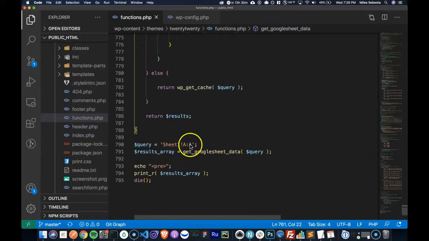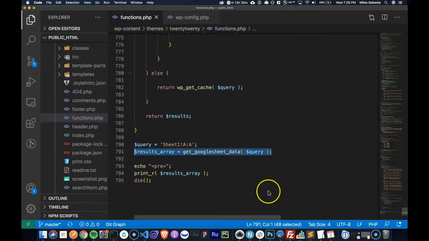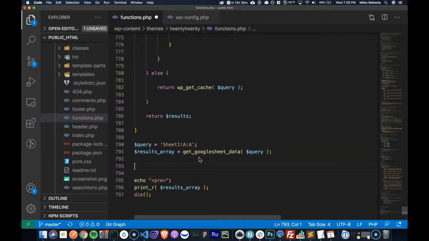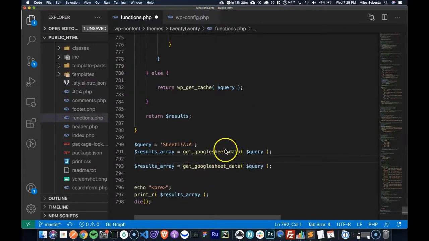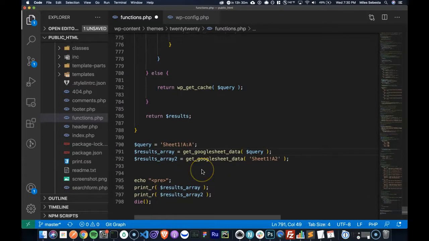So again, if I wanted to make another query, let's say I wanted to do multiple requests, you can. Just make sure to remember that every time you do something like this, so if I'm going to do another request, so let's say I only want to select A2, just remember that every time you're doing this, you are actually making another request to Google, and you don't want to put too many API requests out there.